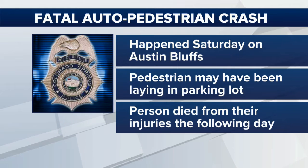Colorado Springs police say 12 pedestrians have been killed across the city this year. That makes up 1/3 of all traffic fatalities in the Springs since January. The most recent accident happened on Saturday after a person was hit by a truck turning into a parking lot